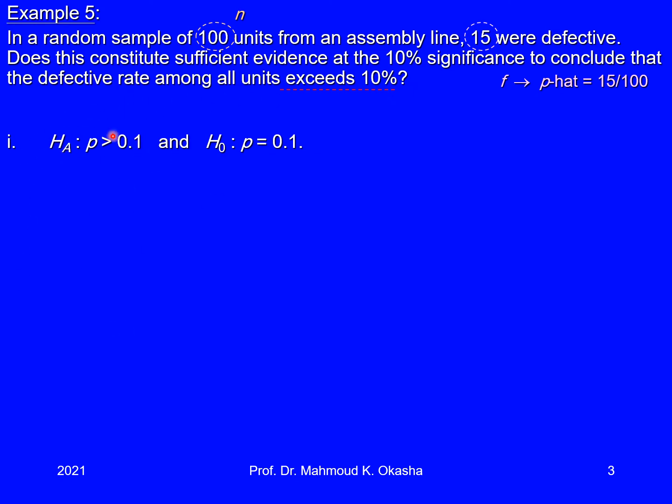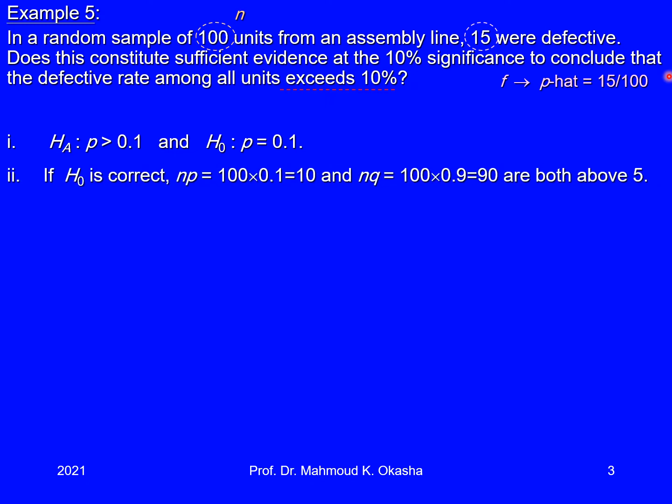So we want to have evidence to reject the null hypothesis in order to prove that the alternative hypothesis is correct. If we reject the null hypothesis, then the alternative hypothesis is correct. That's the way to write down the null and alternative hypothesis. Then the next step, if H naught is correct, then n times p will be 10 and n times q